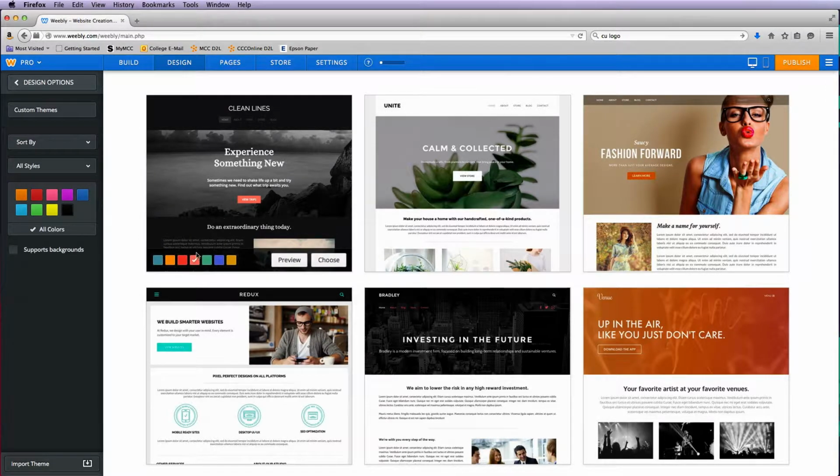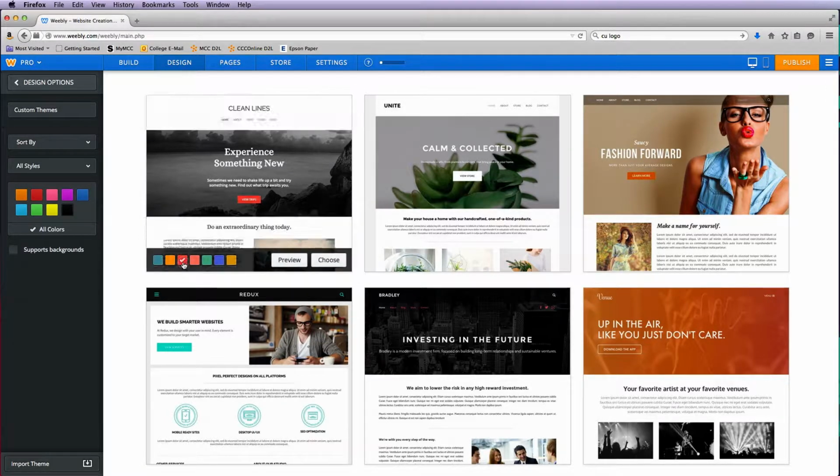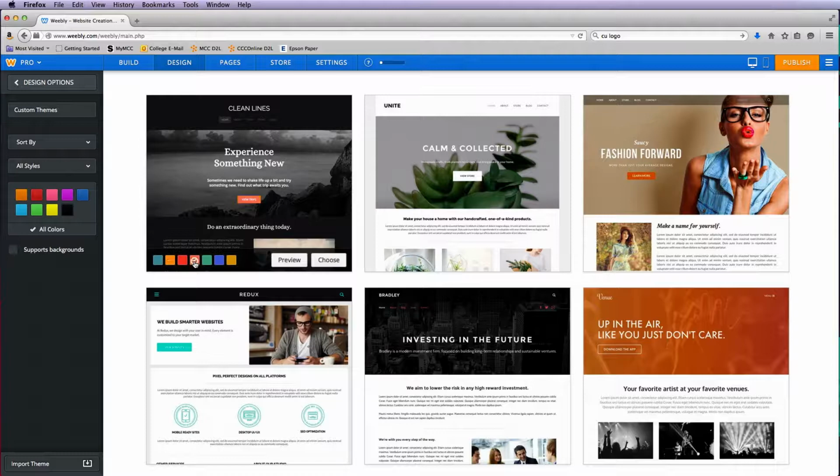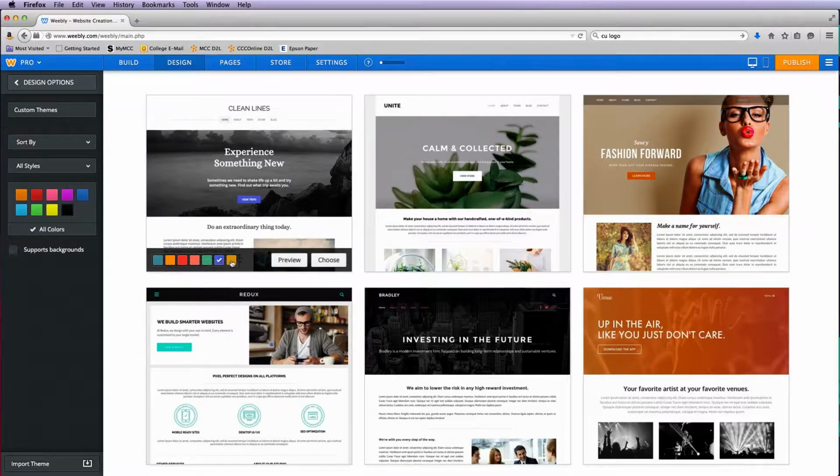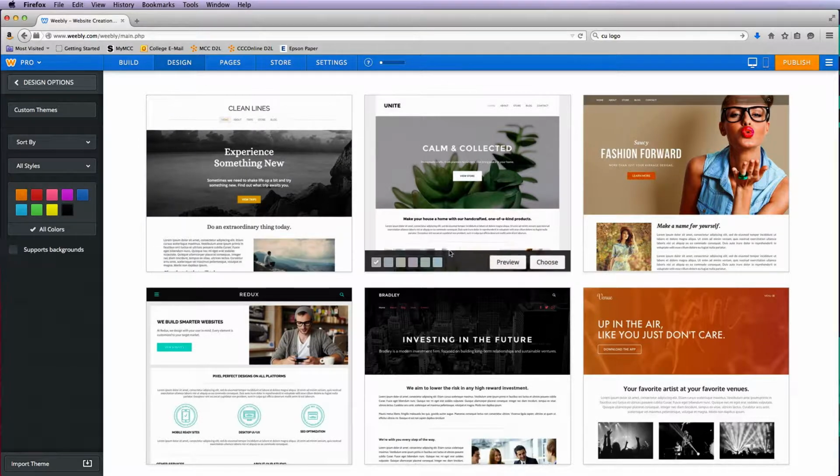For each of these themes, if you hover over them, you'll see a bunch of color options, and notice that some of the color options create white backgrounds versus dark backgrounds, while if I were to come here, it's changing the color of the actual background itself. So make sure you click on each one of those because it really does change more than just, let's say,